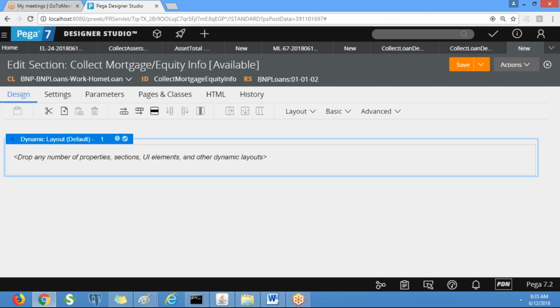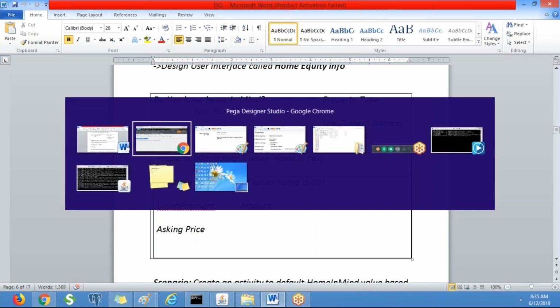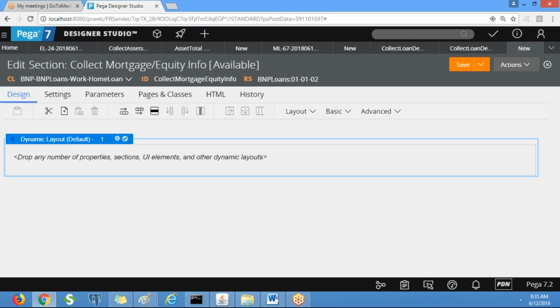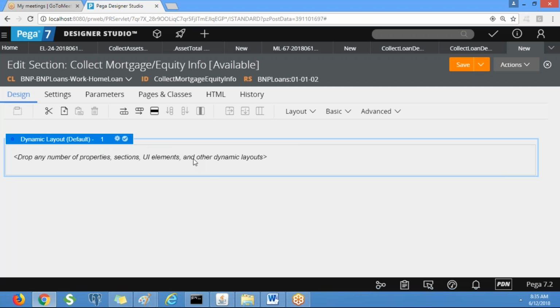Okay. So we have a do you have a home in mind radio button property, right? Okay. So for equity, it should be, do you have a home in mind is yes. For mortgage, it will be no, because mortgage means the borrower doesn't have a home and is going to purchase a new home. Okay.